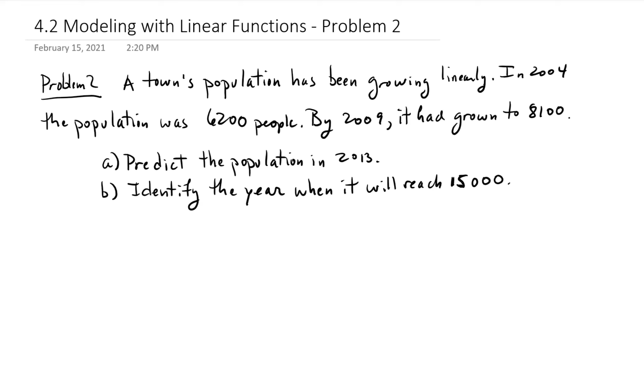Problem number 2. A town's population has been growing linearly. So they're actually telling us here that we're going to be using a linear model. In 2004, the population was 6,200. And by 2009, it had grown to 8,100. Predict the population in 2013 and identify the year where it will reach 15,000